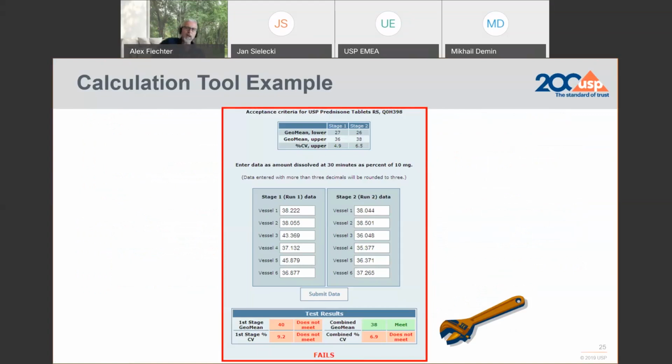We have on our homepage an Excel file, a dashboard, or a spreadsheet that is available under our toolkit, where you can quickly run raw data and get some results for your immediate visual. This is not a validated Excel file for your routine purposes. If you want to do an Excel spreadsheet based on the calculations and equations as provided in the certificate, you have to validate this on your own first.